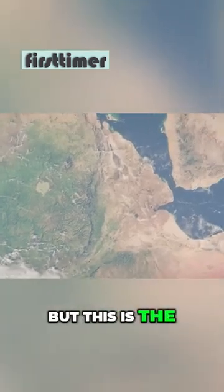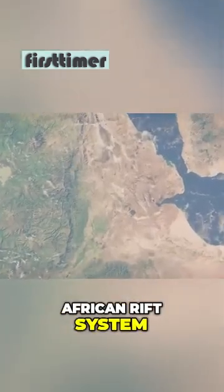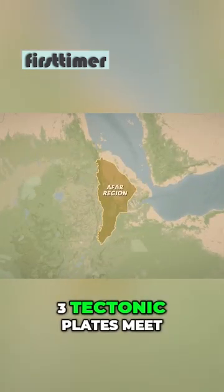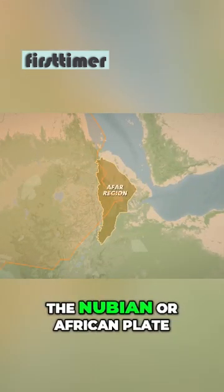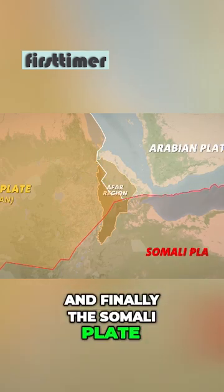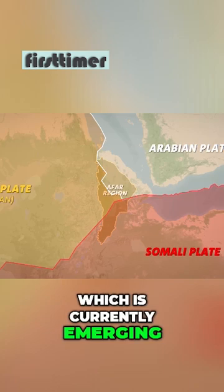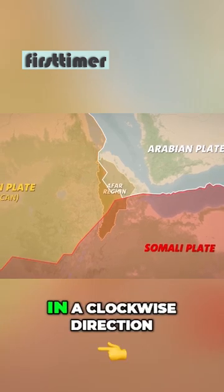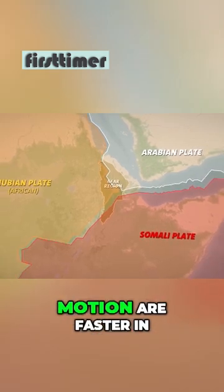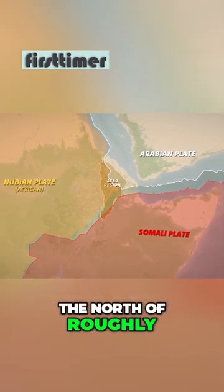But this is the heart of the East African rift system, the Afar region. Here, three tectonic plates meet: the Nubian or African plate, the Arab plate, and finally the Somali plate, which is currently emerging. Basically, Somalia is rotating in a clockwise direction away from Nubia. So the result of that is that the motion is faster in the north, roughly 0.5 centimeter per